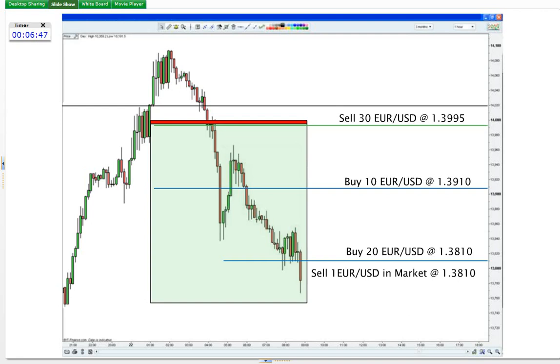So now we've bought back 10 contracts at the same first profit target, 139.10. Market does the same thing, and now we've bought 20 back. So now our full spread position is closed. Now we go into the underlying market and we sell the Euro USD at 138.10. What this does for us,